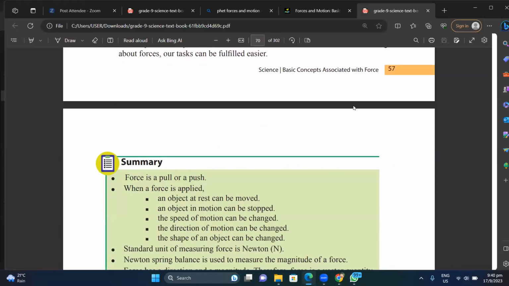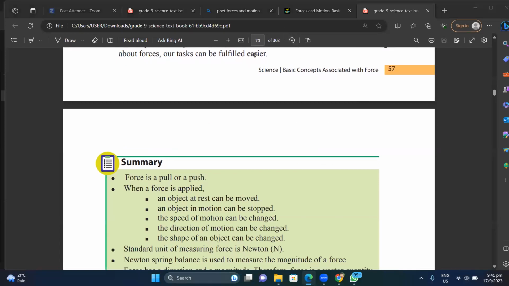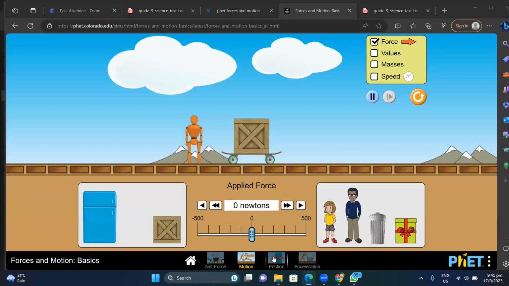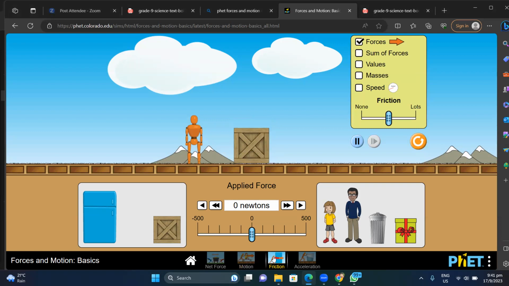In our PhET context, there are 2 more activities you need to self-practice. Okay, by doing that, you can learn something. And then friction. I said that. In practical situations, there is a friction that you need to consider, because